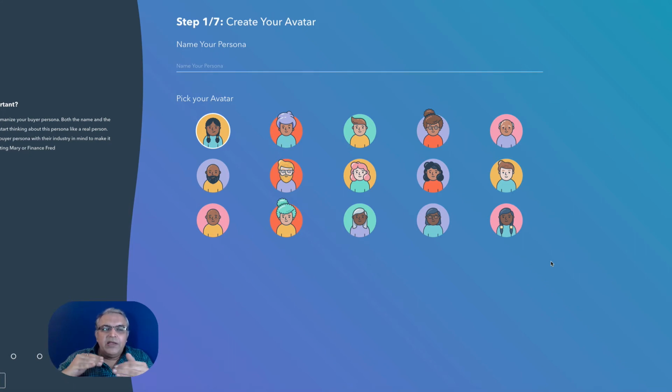So people at different stages will have different levels of stress, but there's an old saying that the riches are in the niches. Once you narrow down and clearly define your target audience, your messaging becomes clearer, and when your messaging becomes clearer, you are able to have a better understanding of your target audience. And once you have an understanding of your target audience, it is easier to sell, because when you sell everything too generic, the chances of you getting results are very, very less or nil, I could say.